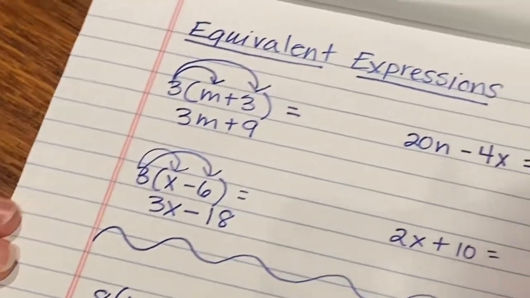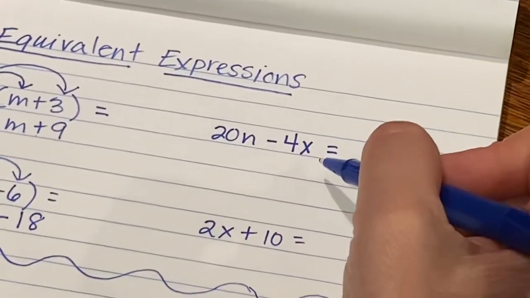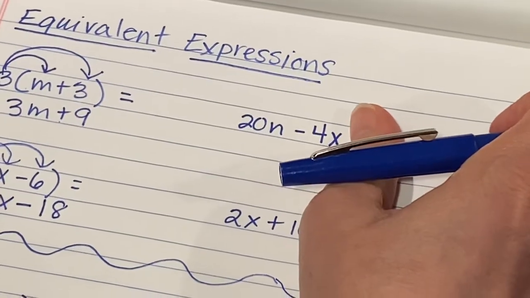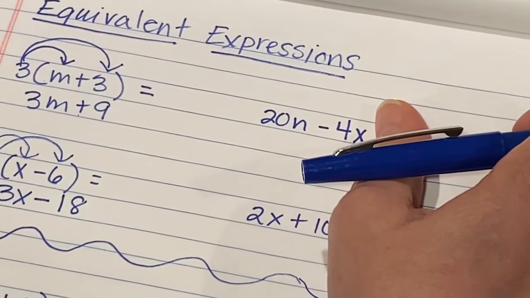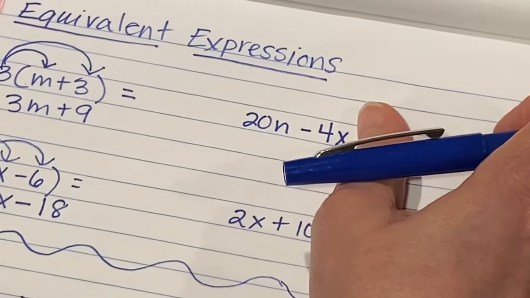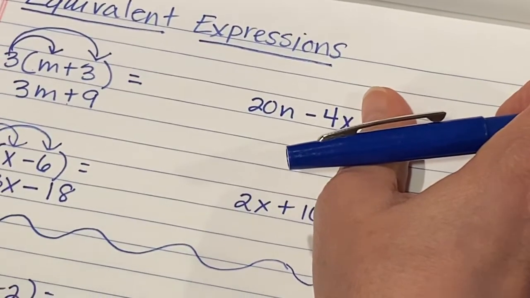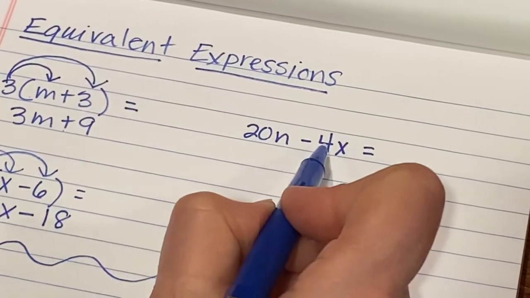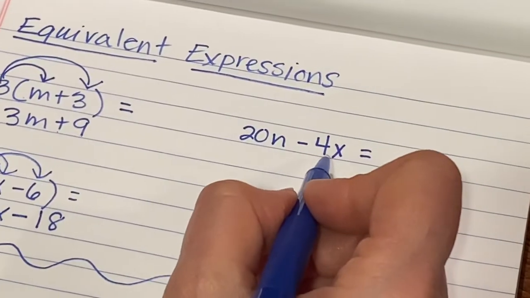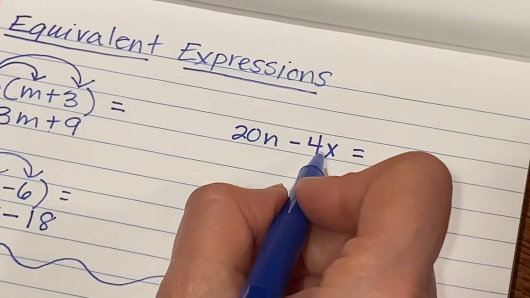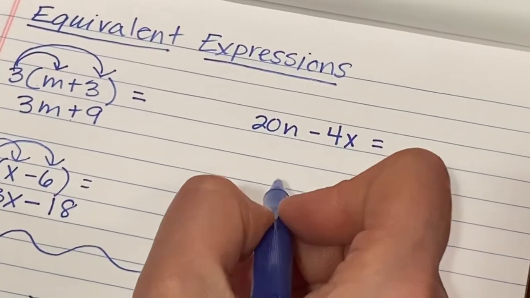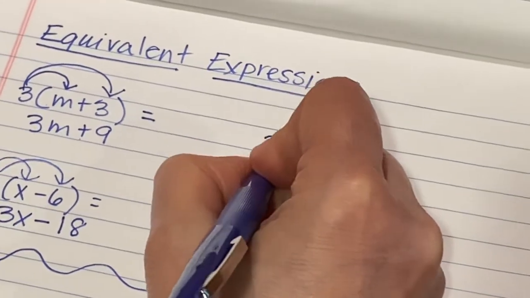Now, with this kind over here, it's looking for an equivalent expression again. So a way of writing 20n minus 4x that's different but has the same value. So what I'm going to do is look at, with these two, what is the greatest common factor between those two, and it's 4, right? So I'm going to say 4